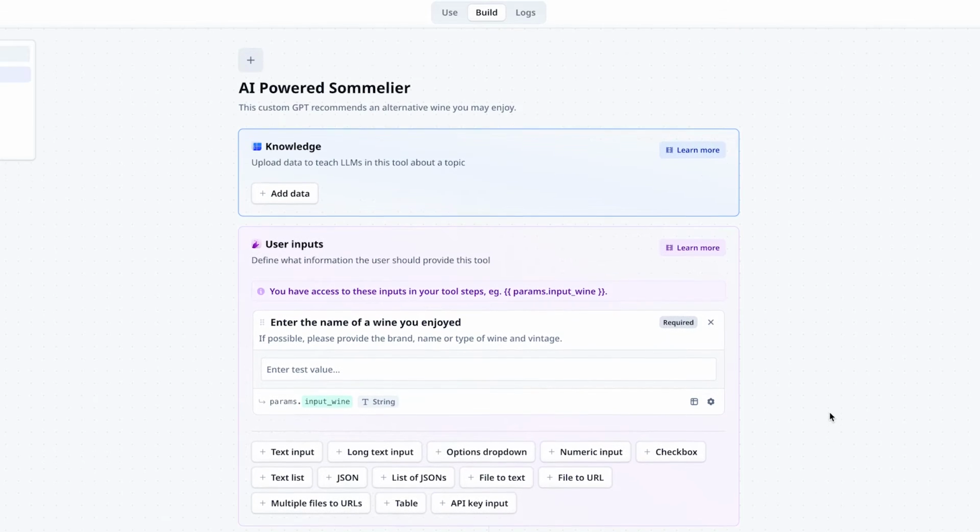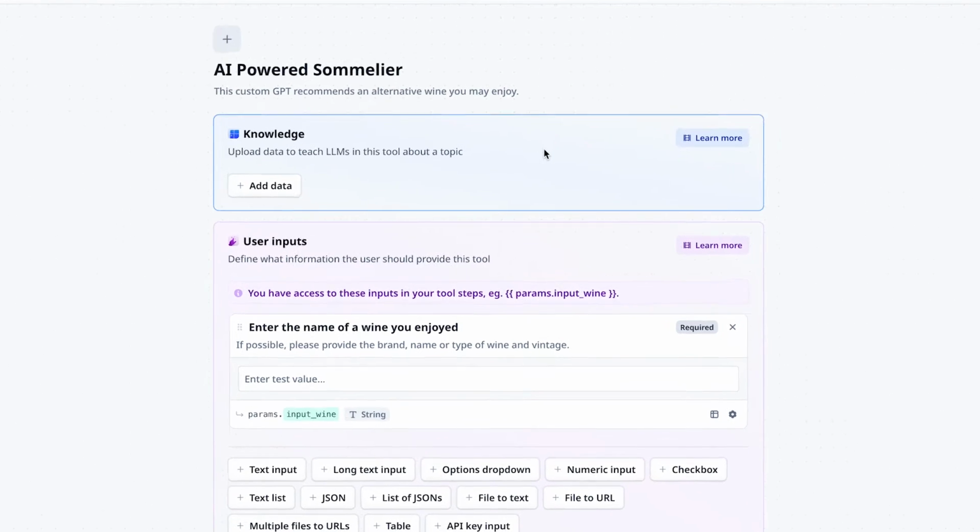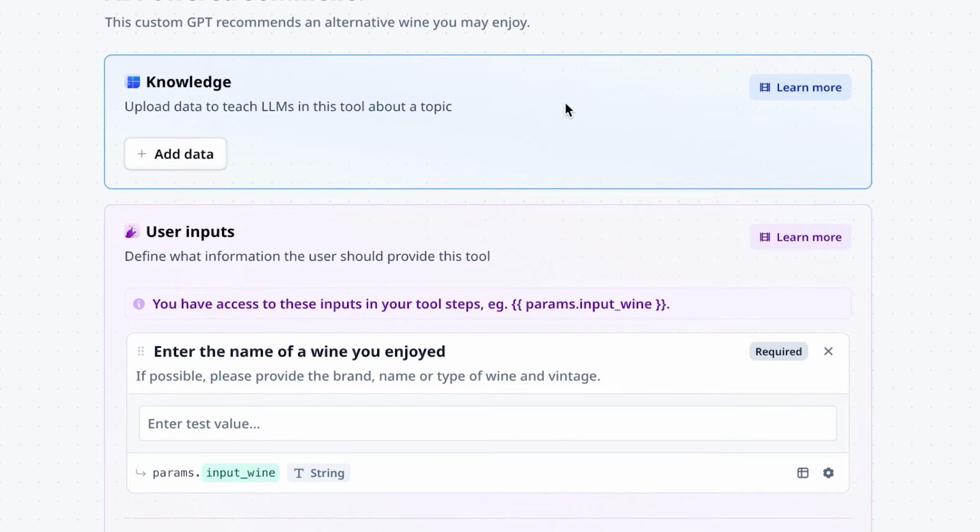For now, I've left the knowledge base empty, but of course, if I was a wine merchant, I'd want to be uploading my own product list, along with extensive info about my products here, and this would be what I'd use to train my AI on to make sure that the recommendations the app gave would be something that I'd sell. But for now, this is just a demo, so I'm going to leave it blank and just let the